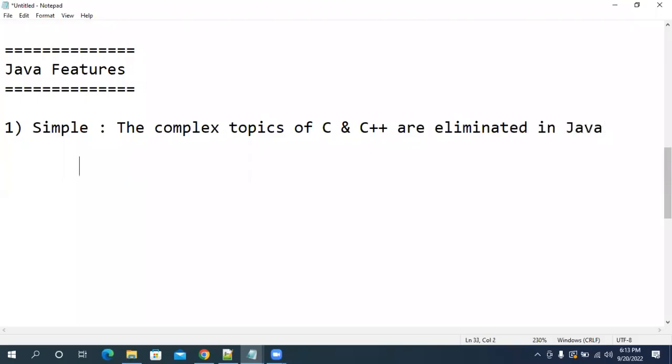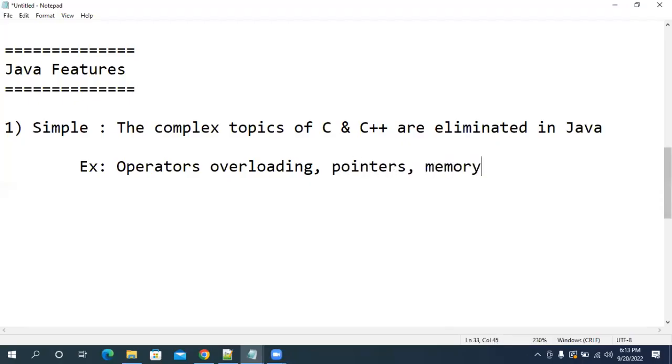What are those complex topics? Operator overloading, pointers, memory management, etc. Those are the most difficult concepts for people and they confuse people. Those complex topics are eliminated in Java, and that is the reason people say that Java is a simple programming language.